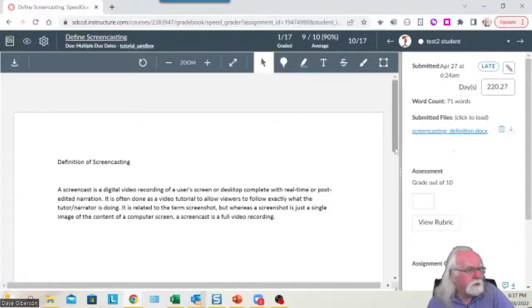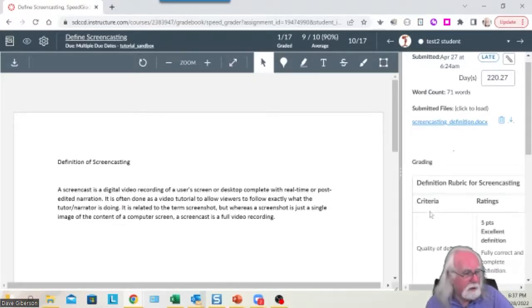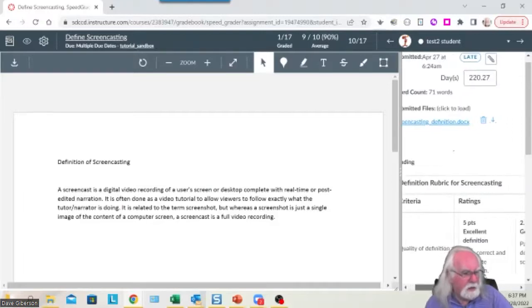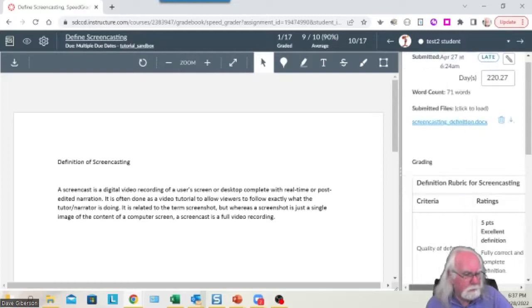All right, here's the student's assignment submission. And here is a button that allows me to view my rubric, if I have one. I can see the rubric, and I can scroll back and forth. If I want to see the entire rubric at one time and it's not too wide,